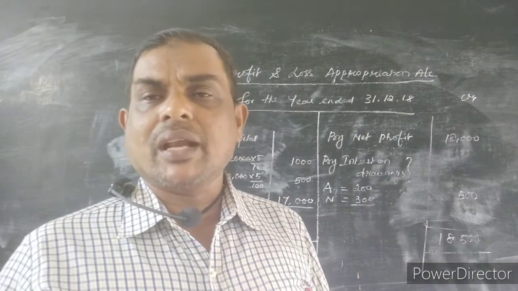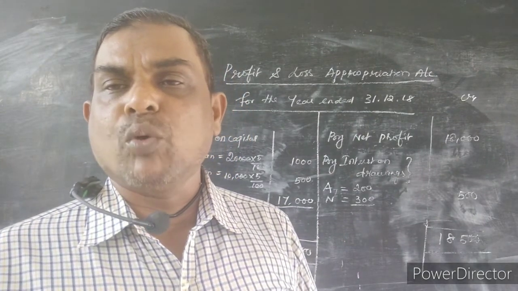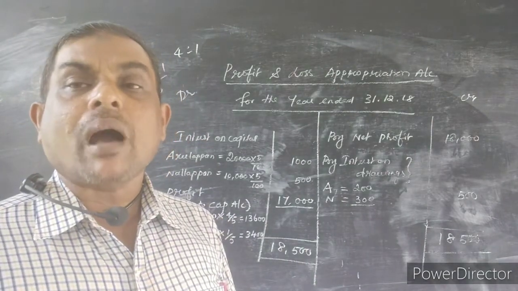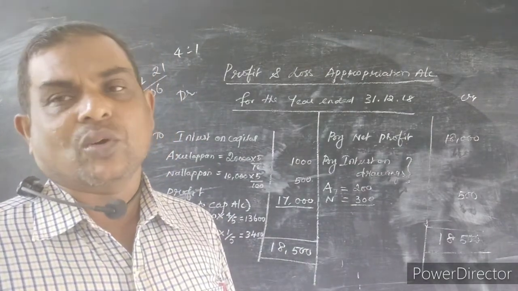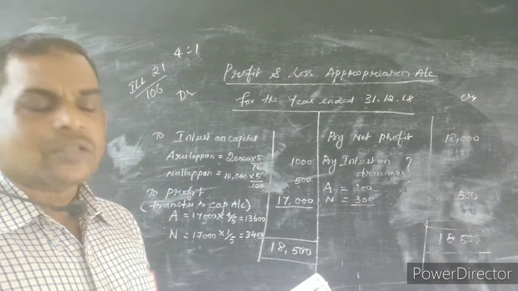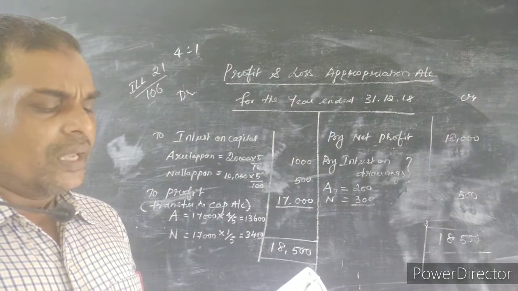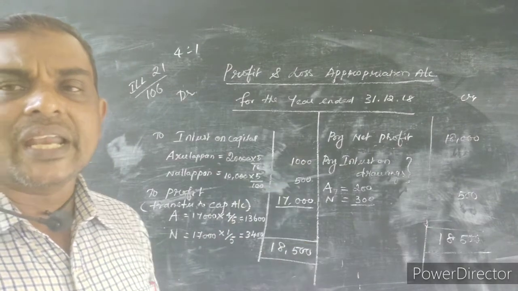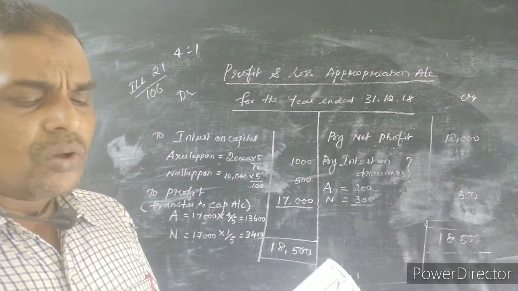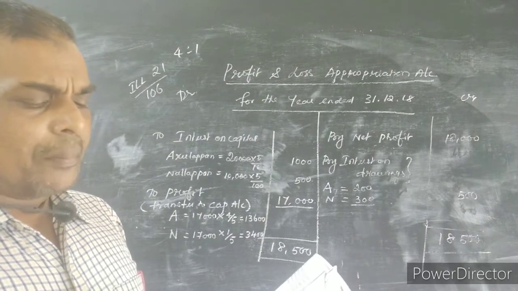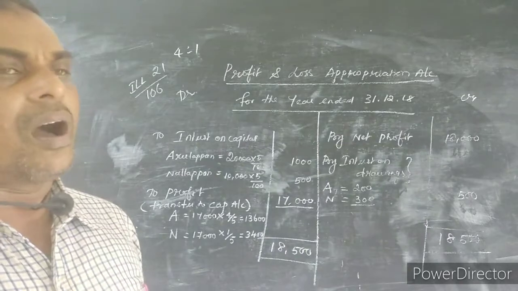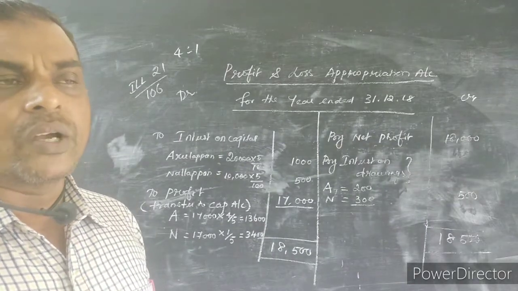So what is the next entry? For interest on capital we have to pass one more entry, that is for transfer entry. What is the transfer entry? Profit and loss appropriation account. Don't put only P&L account, you please put P&L appropriation account. So profit and loss appropriation account debtor to interest on capital, because in adjusting entry interest on capital debited, now it has to be credited. Okay, so same 1500 will be updated. So the narration is interest on capital transferred or amount closed, whatever you can put.